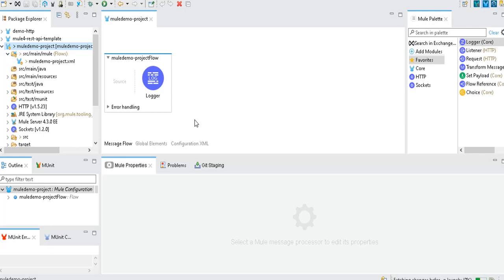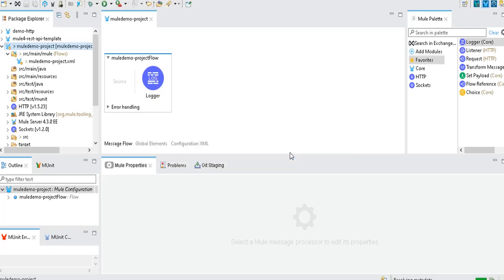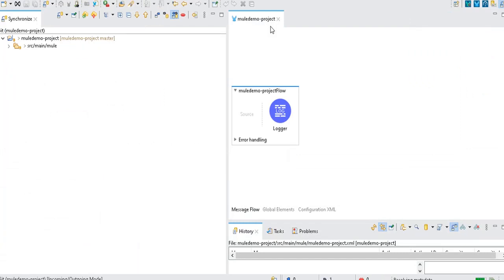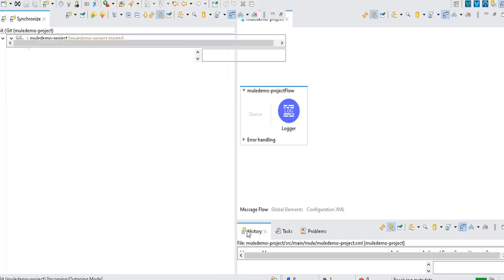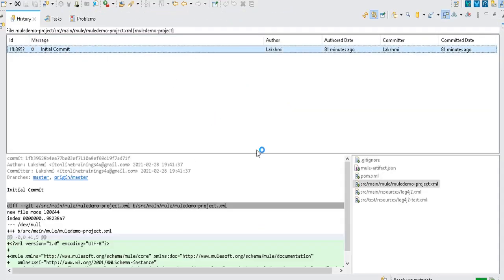You can use this option to avoid conflicts. Yes, synchronize perspective. See here, you can compare whichever file you want.